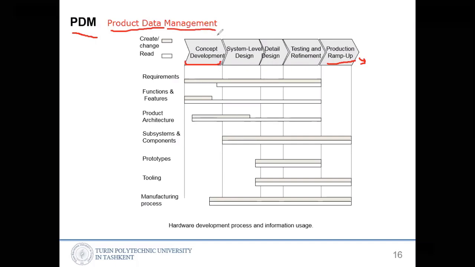So here are the stages of product development or product design: concept development, system level design, detail design, testing and refinement, and then production. The requirements might change until this time. The functions, features and prototypes start from here, starting the prototyping, making, and tooling, to create the prototypes and all other parts. The manufacturing process starts from here. Those are all included inside a